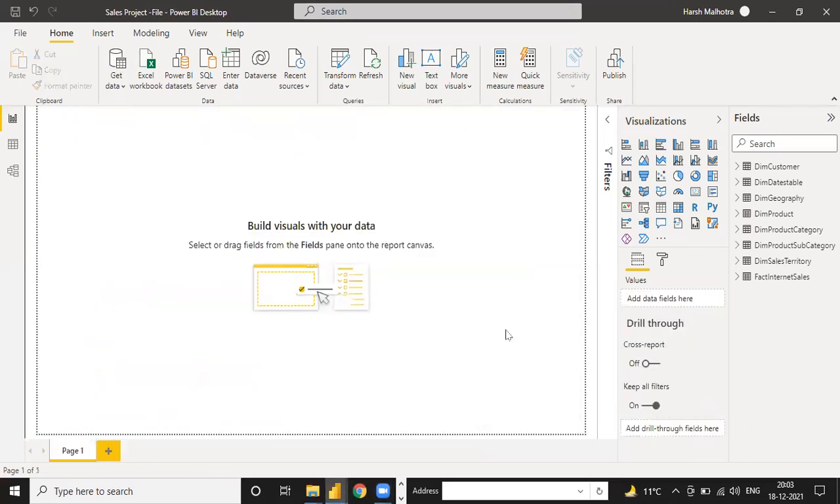So guys, yesterday, do you have any doubt? Like yesterday's class, we started the sales project, and only the first part is done, the transform query editor. So if I go to this transform data,